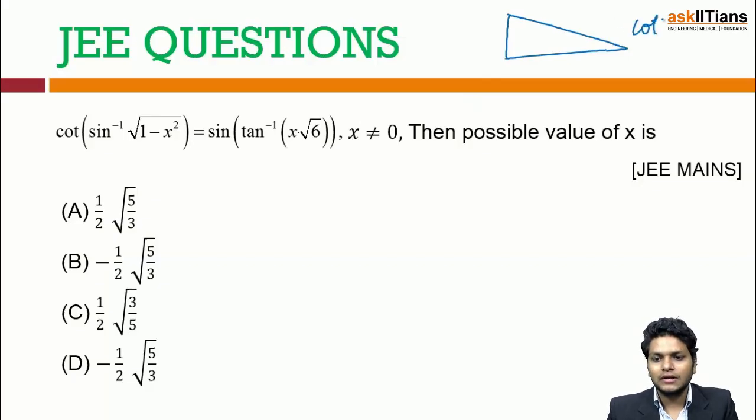Suppose cot theta is equal to sine inverse 1 minus x square. Right? So theta is this, 1 minus x square sine inverse. Now I'll consider this one as the whole thing which is going to be followed. Similarly, the tan inverse thing also can be assumed as something. So what I'll do, I'll try to write each and everything in terms of the angle of sine.